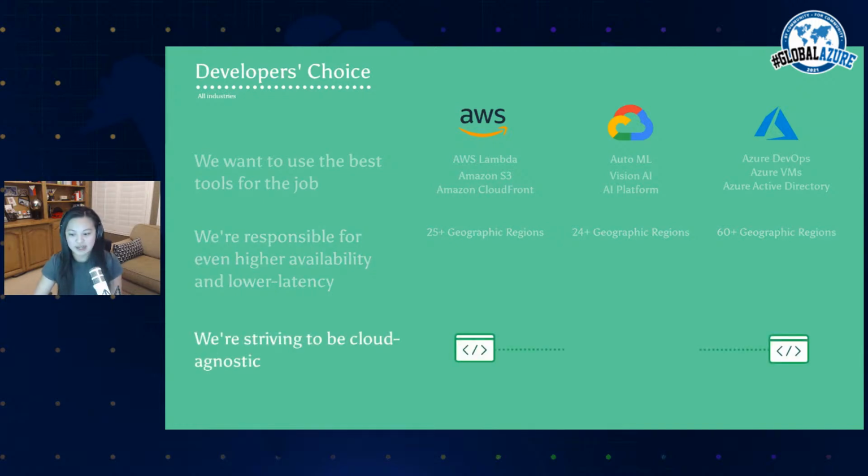And lastly, the thing that I think is going to be something that we strive for in the future now, as all of this is changing and evolving, is it's no longer going to be thinking of how to best serve this application on a particular cloud provider. This is going to become more common. We're going to be using different tools off of different cloud providers. And so our next biggest thing that we're going to have to worry about or strive for is to be cloud agnostic. Basically, no matter where the data is,